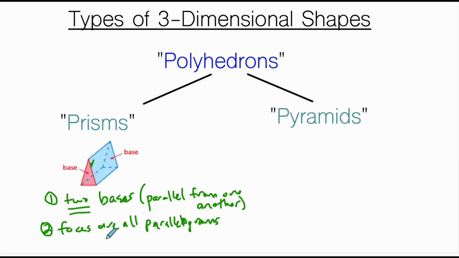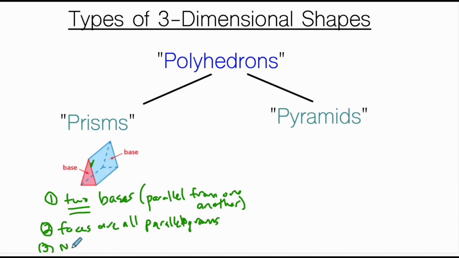So in a prism, you've got two bases. They could be any polygon. Triangles, hexagons, pentagons, trapezoids, as long as they're straight sides. But the rest of the faces must be parallelograms. Typically, you will identify the rest of the faces as rectangles, but a rectangle is a type of parallelogram, so I'm using more proper terminology here. The rest of the faces are rectangles, also known as parallelograms. And then lastly,